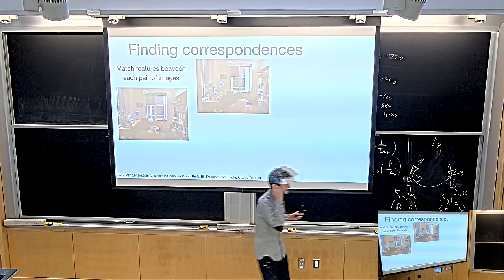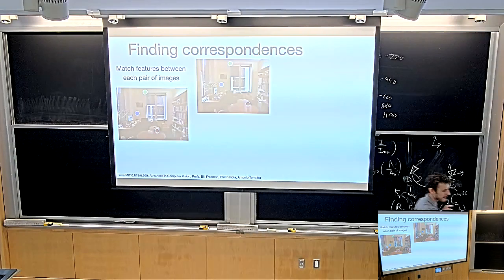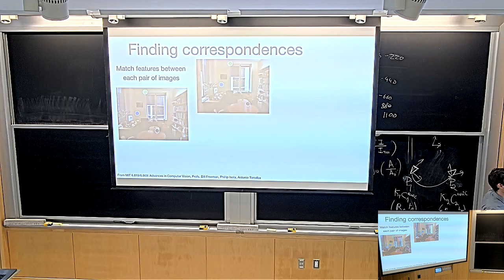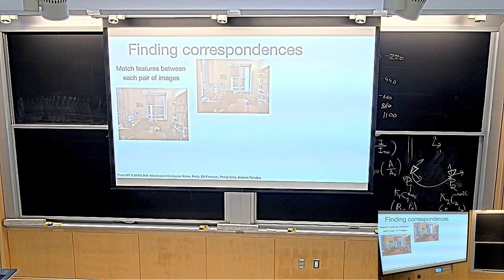And the way these work, we already briefly hinted about it, is that for every pixel in this image, you compute a descriptor. And that descriptor might be really basic. The descriptor might be the color of the pixel, right? And then you compare that descriptor to every other pixel in the other image, and then you can just see which pixel matches best. And then you say, this is my correspondence, right? That's the basic idea of finding correspondences.